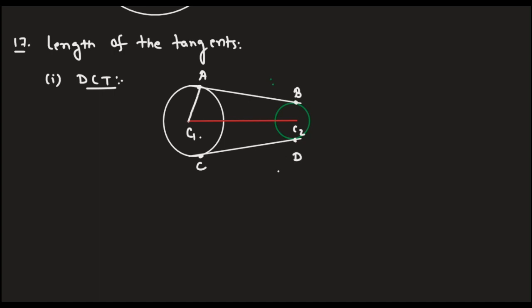If I join with the center, this will be nothing but 90 degrees. This will be 90 degrees, and if I join this one, this is also 90 degrees. Is it clear? This is our R2 radius and this is my R1 radius. So if I cut R2 radius from R1 up to this, and if I join,